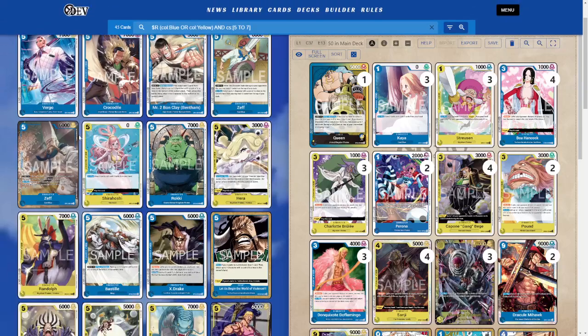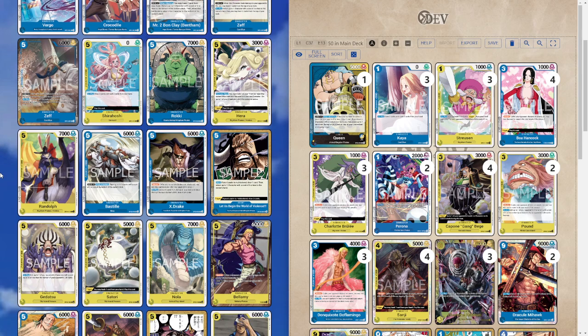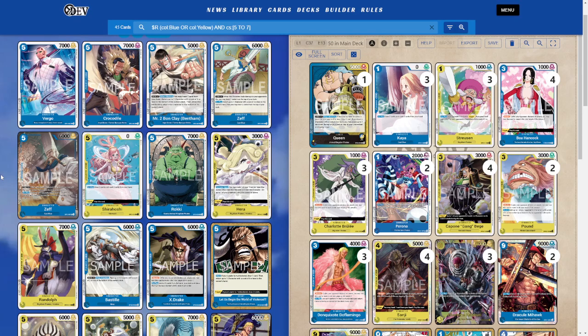And not so much Shirahoshi, believe it or not. This is actually the opposite of what we want because it draws 3 trashes 2. That's netting us a card. We want to actually sit around 3 cards, you know what I mean? Like draw 1 trash 1 would be fine, or draw 2 trash 2, but...